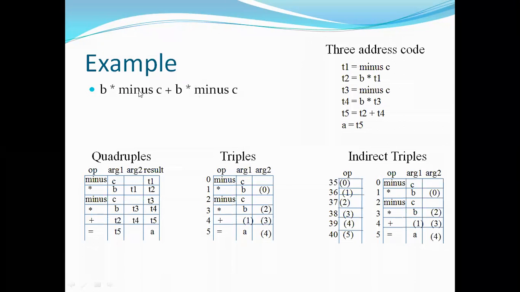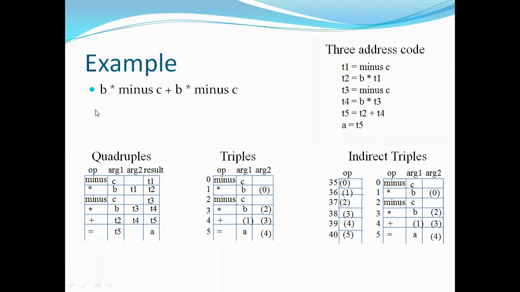After combining with n plus, the overall expression is completed, right? Then initially I need to check it out. This part is completed and overall this one is stored in T2. Make a note of this. Now I am writing for this part. Again the minus C is stored in T3. This minus 3 is multiplied with B, right? T4 is equal to B into T3. And now this is stored in T2 and this part is stored in T4. Then finally T5 is equal to T2 plus T4, right?